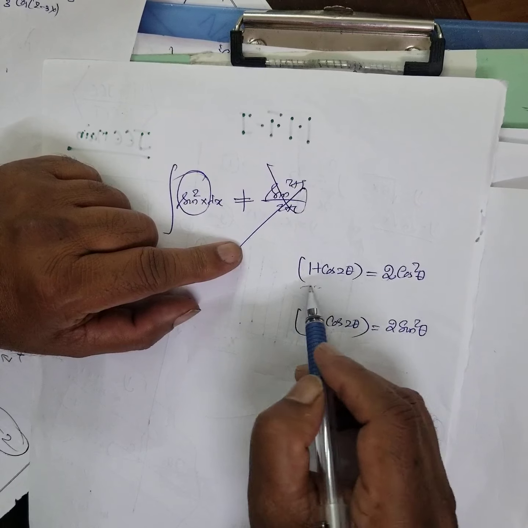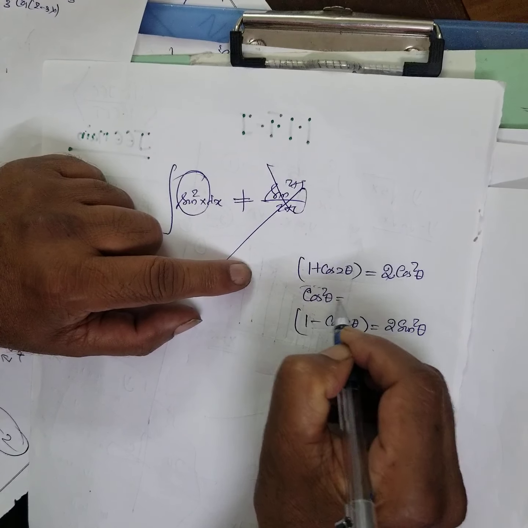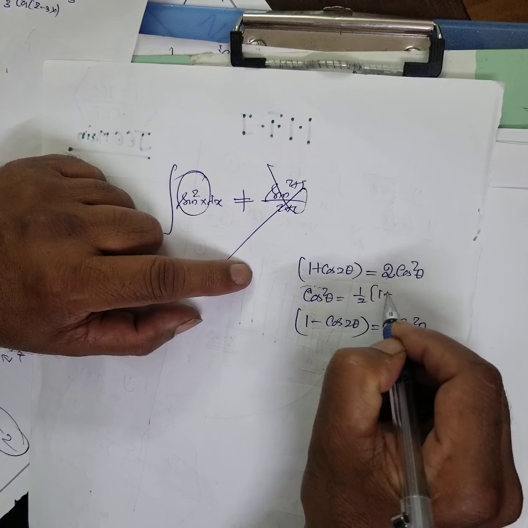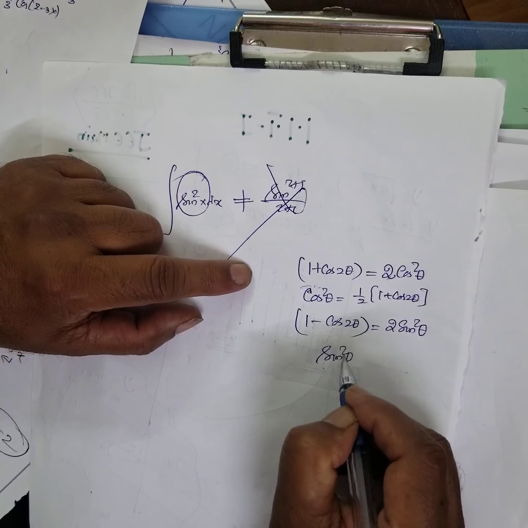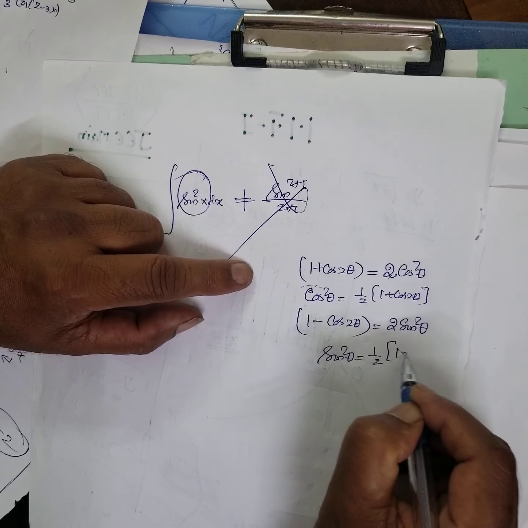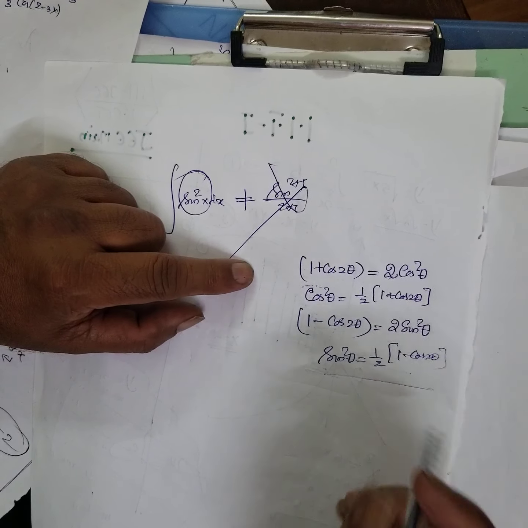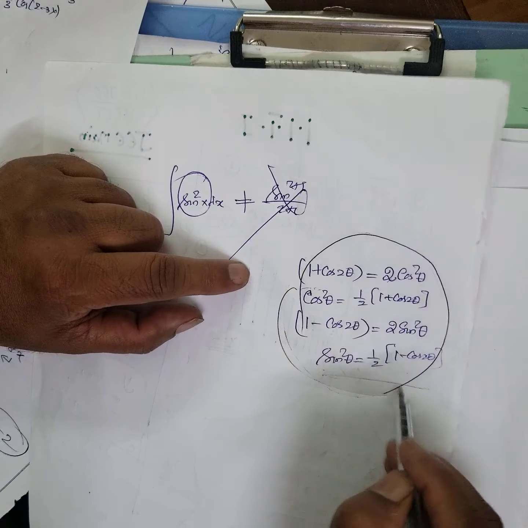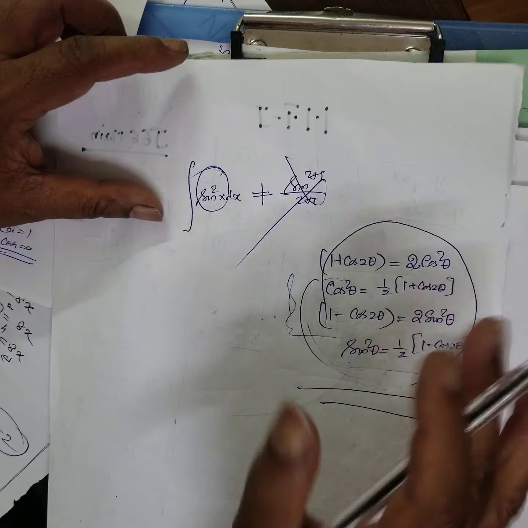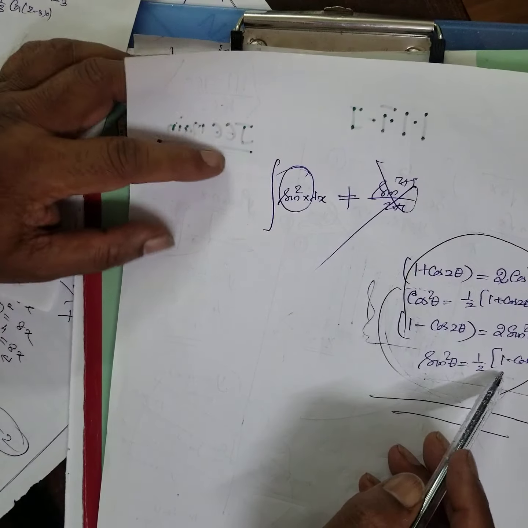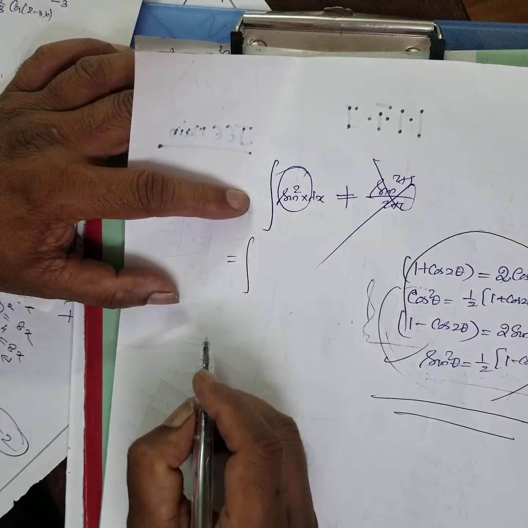Suppose you bring this down, this becomes what? Cos square theta equal to half of 1 plus cos 2 theta. Here also, sin square theta equal to half of 1 minus cos 2 theta. Got it? Therefore, most of the students will forget that. They don't attempt integration. They'll leave it. But it is very, very necessary to know this. Here I'm using this formula. Therefore, integration of